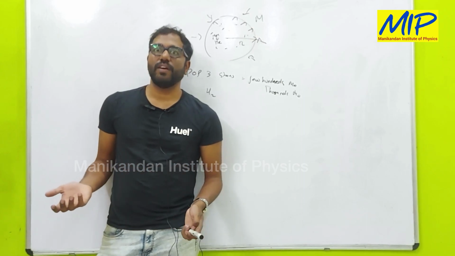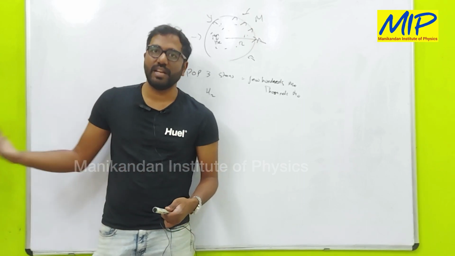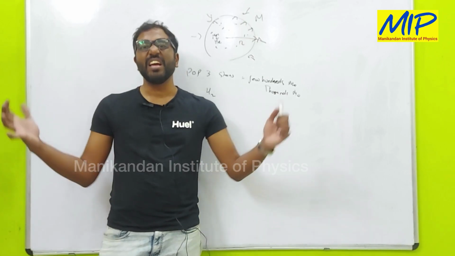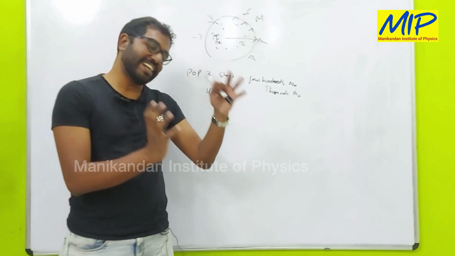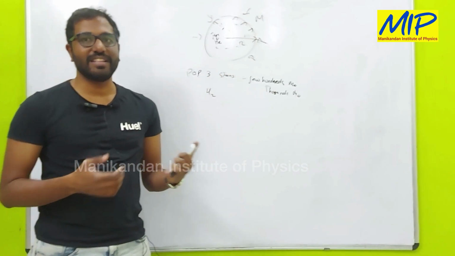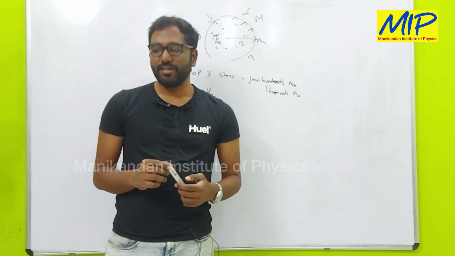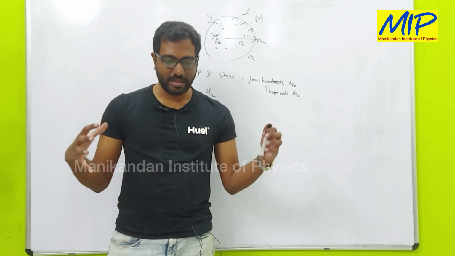Our sun has survived for 4.5 billion years till now, and it still has another 4.5 billion years from now on. 9 billion years. This is a super long life for a star. For a POP3 star, they don't last that long because they are super massive, which means the pressure is super heavy.